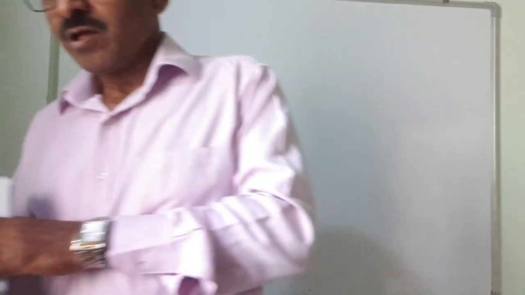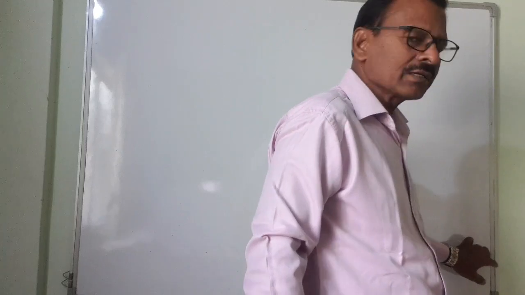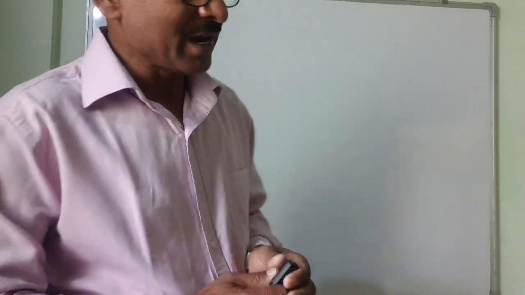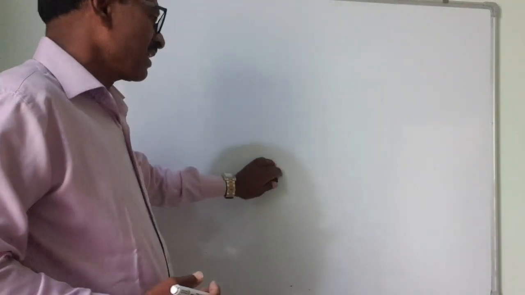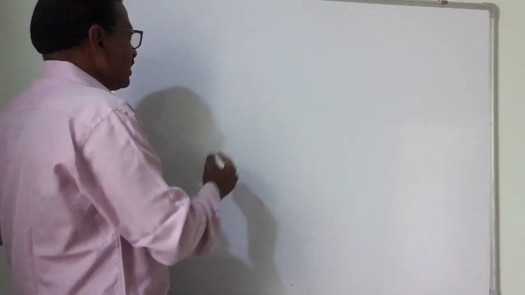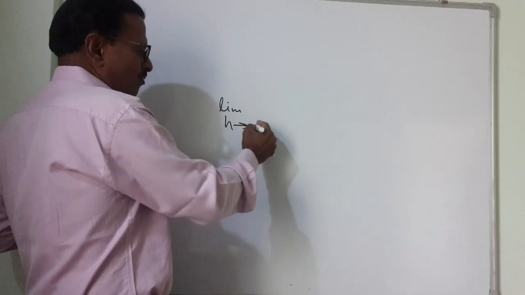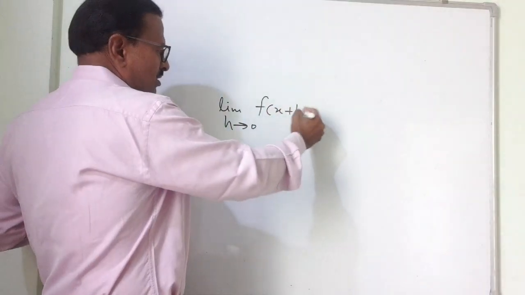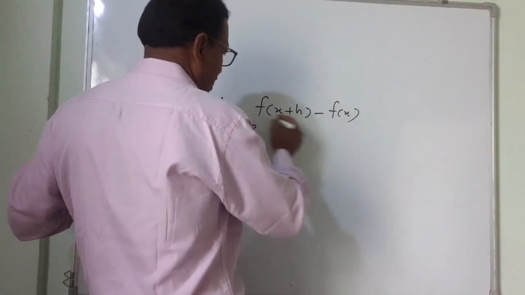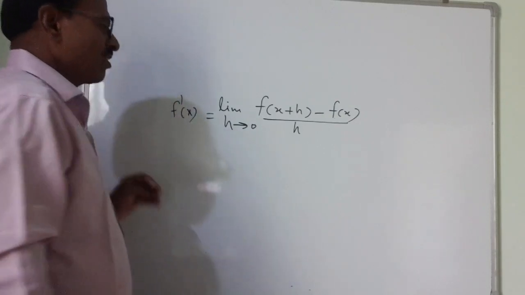So first of all, I will give some brief introduction about integration. What is integration? Derivative, last year I have talked a lot on that. What is meant by the derivative? It is at a particular moment. By first principle, if we understand that, then we can come to know what is meant by derivative. Limit as h tends to 0, f of x plus h minus f of x upon h. This is f dash of x. This is the definition of derivative.